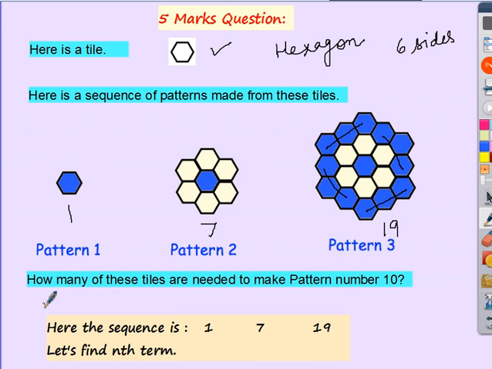Now you can write the pattern, but they are asking how many tiles will be there in pattern number 10. So they are asking you T10 or U10. First you write the pattern 1, 7, 19, and you can go further also. If you find the difference, here the difference is 6, here the difference is 12, so the next difference will be 18. If you add 18, as we did in the initial sums, it will be 37. So you can get one more term, and then you can apply your method. It is a 5-mark question, so you have to find one more, and then you can go with that.